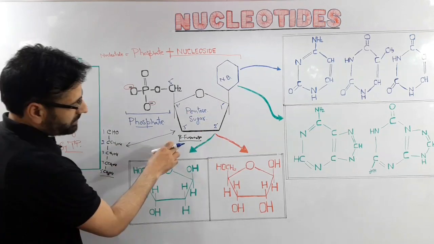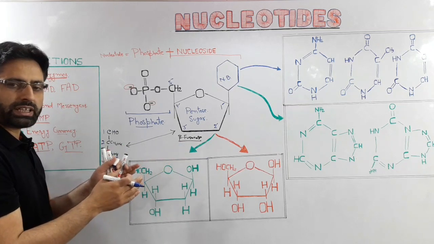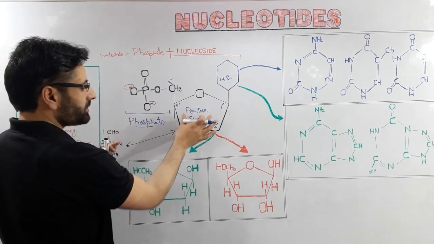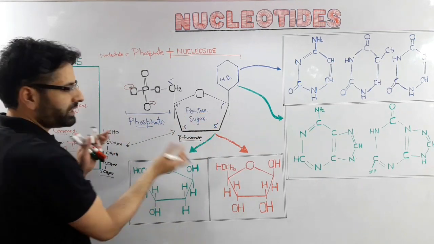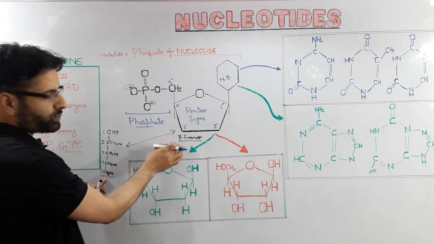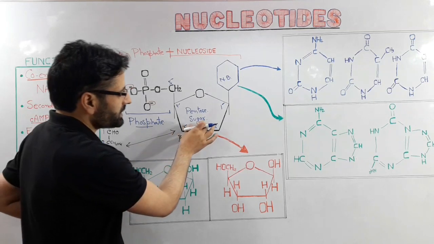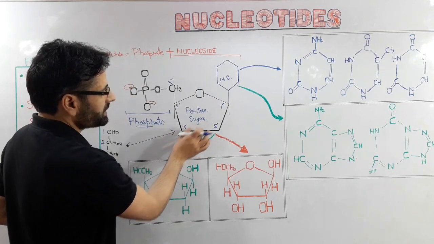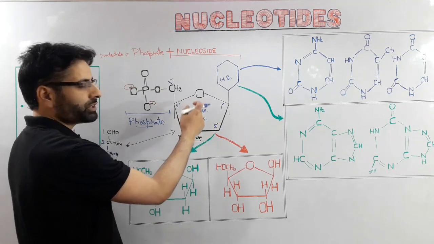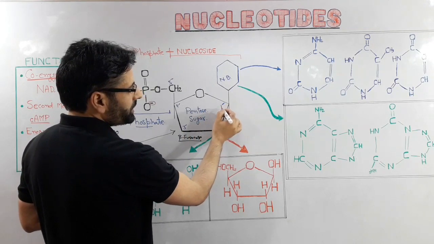So the first thing you have to remember is that this pentose sugar present in the nucleic acid is always present in this ring structure, and when this pentose sugar is in solution, it can be present in open chain and furanose forms. These two forms are in equilibrium, but when it is present within the nucleic acid, it is always present in this ring structure, that is, in the beta furanose form. And so far as the numbering of the carbons in this ring is concerned, we add this prime to the number of the carbon atom.